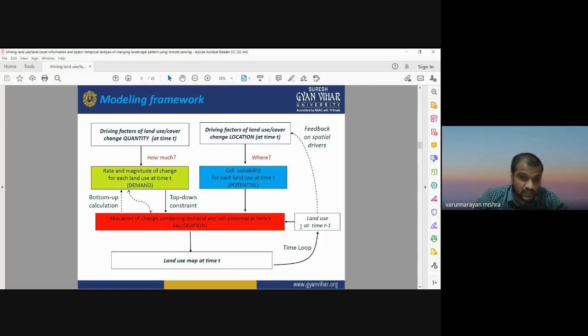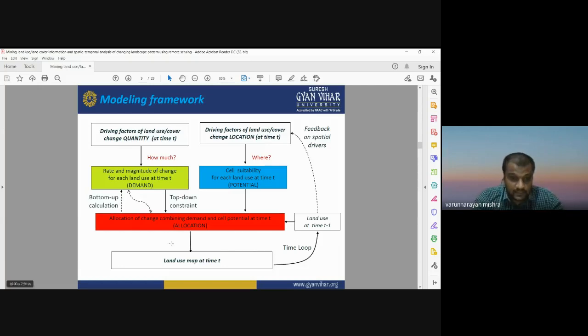That information will now be used for modeling purposes. It will provide you the land use map at a subsequent time period, after 30 years, 20 years. And also during the process of the allocation, we need to have some spatial drivers